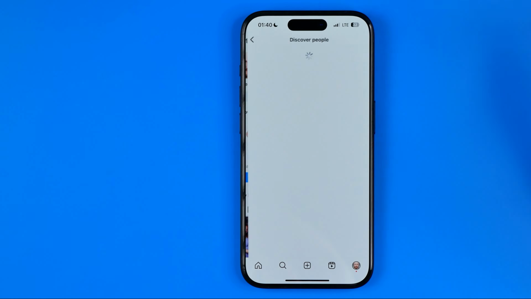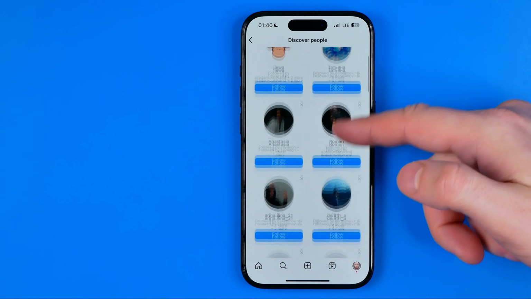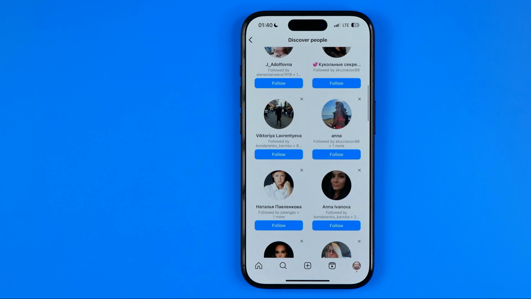We can tap on See All to see all the users that Instagram thinks we should know, and that list of users also includes users from your contacts book. So that's how you can easily find users by their phone